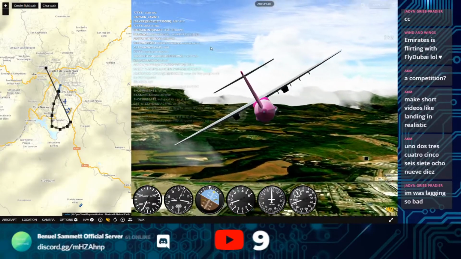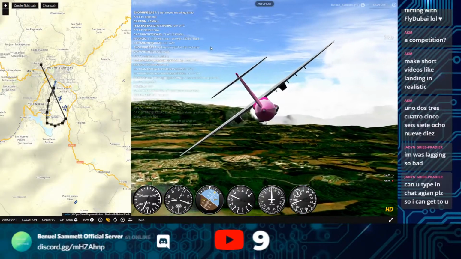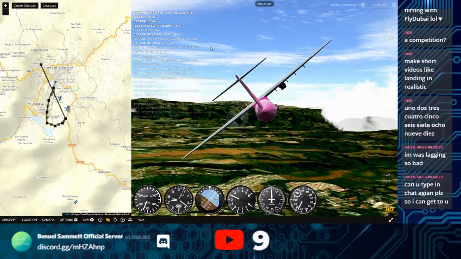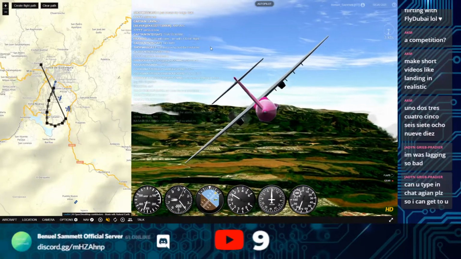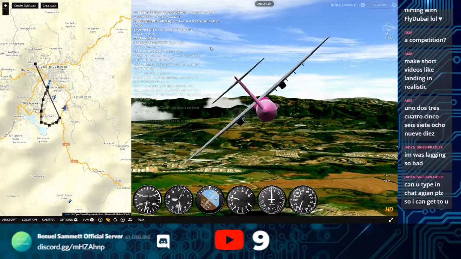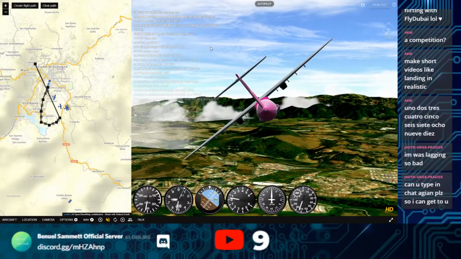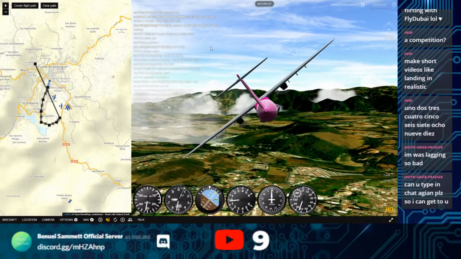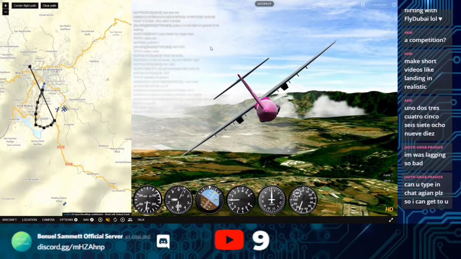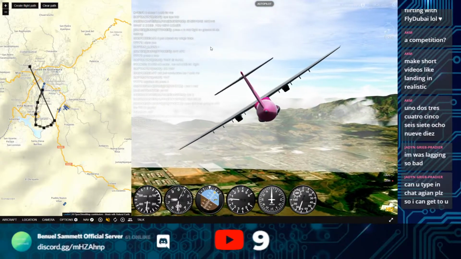I'm still in the descent. Brilliant. Thank you for that. That's useful. 7. That's good. 7 speed. Why is this turn so wide? It literally just doesn't turn. I'm in a turn, so...